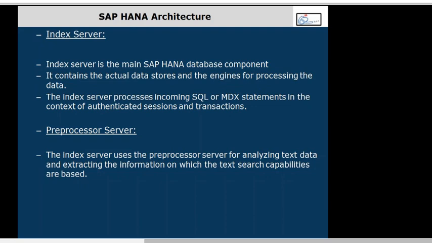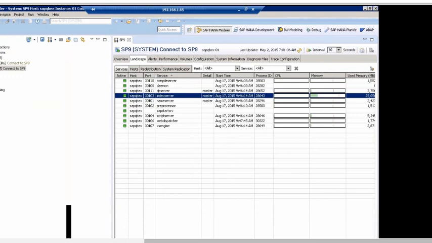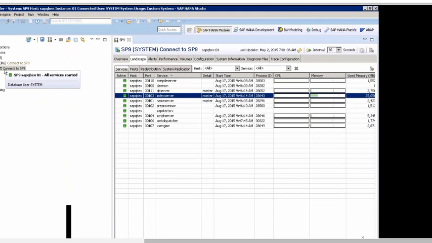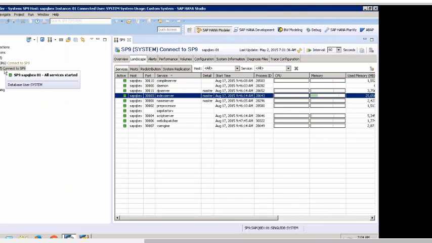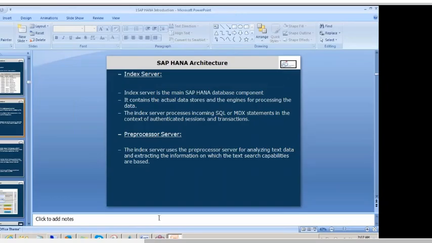And the index server has a port. Now, when you say port, look at this. When you have your system connected, it says SAP9, Cubex, and 01. The 01 is referred to as your instance number. So, if your instance number is 01, the index server port would be built this way.